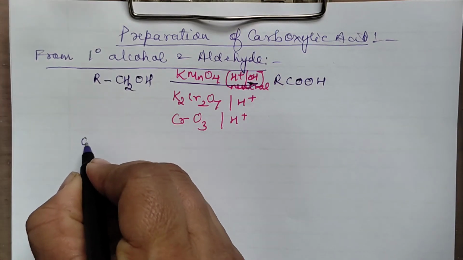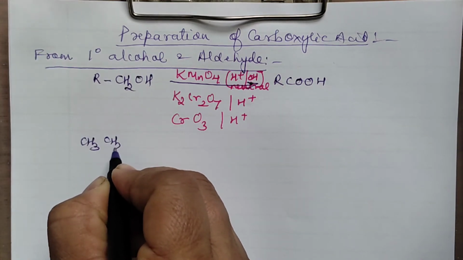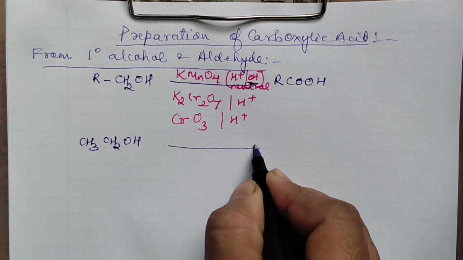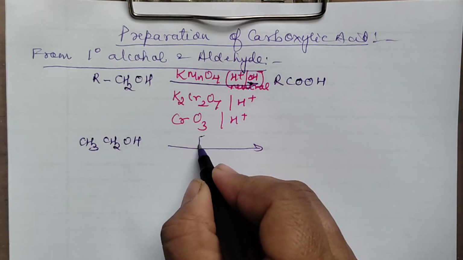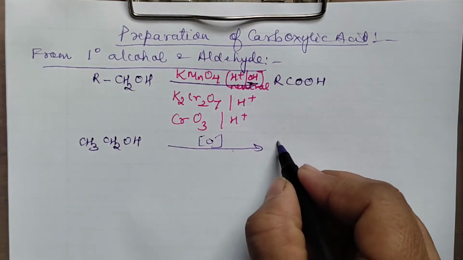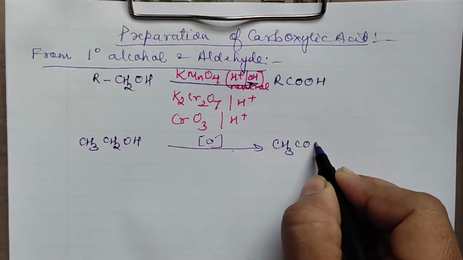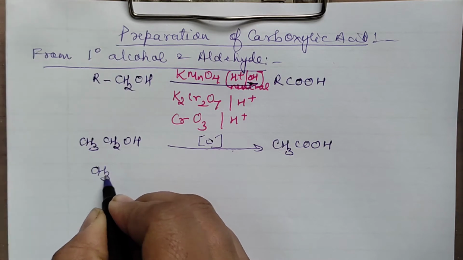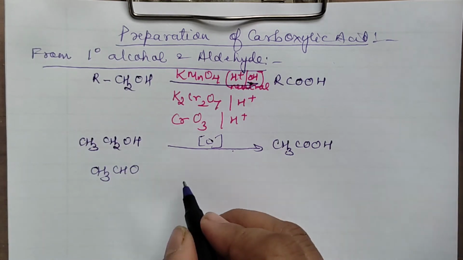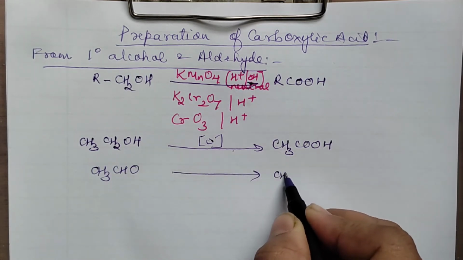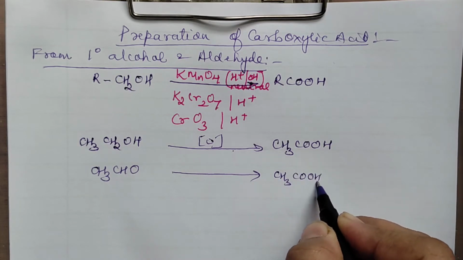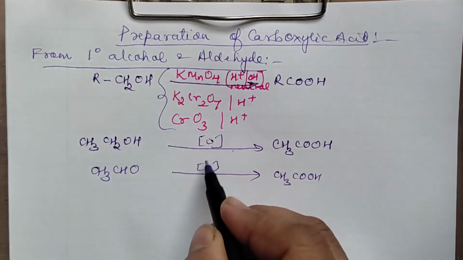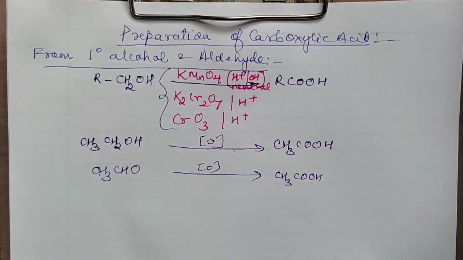Now suppose I take this common alcohol, say I am using ethyl alcohol, I am using any of these oxidizing agents, any of the above mentioned oxidizing agents, I will be getting acid with the same number of carbon atoms. Now in case I am using aldehyde, say this one, so you will also get the same number of carbon containing acid using these oxidizing agents. So this has to be written here to get the corresponding acid, right?